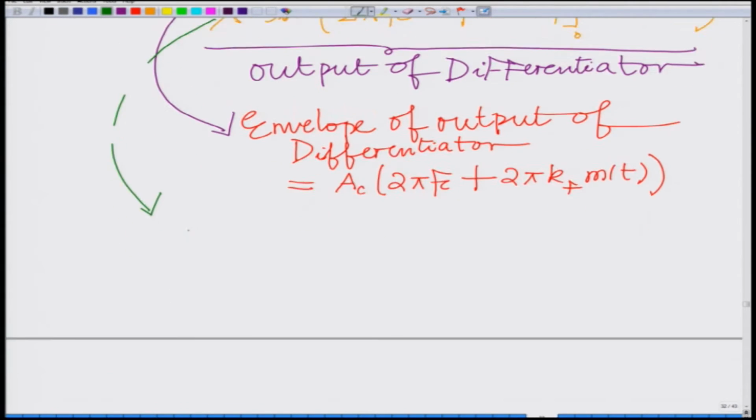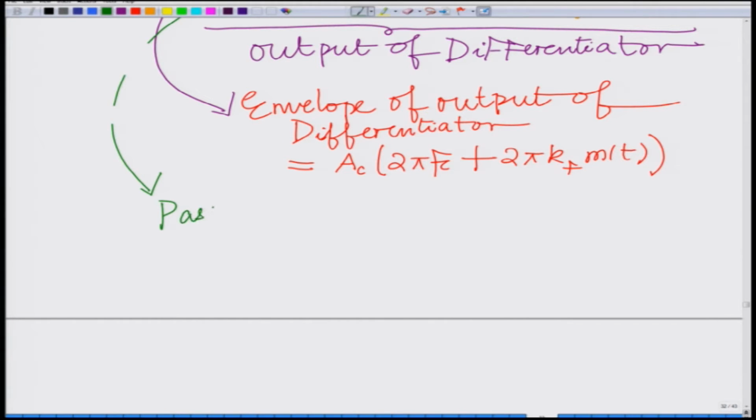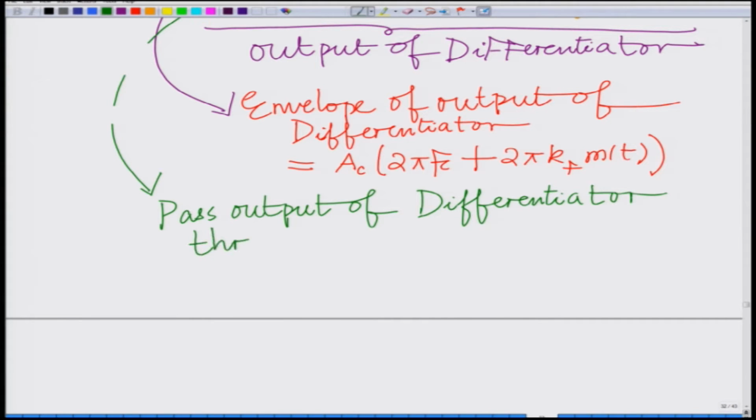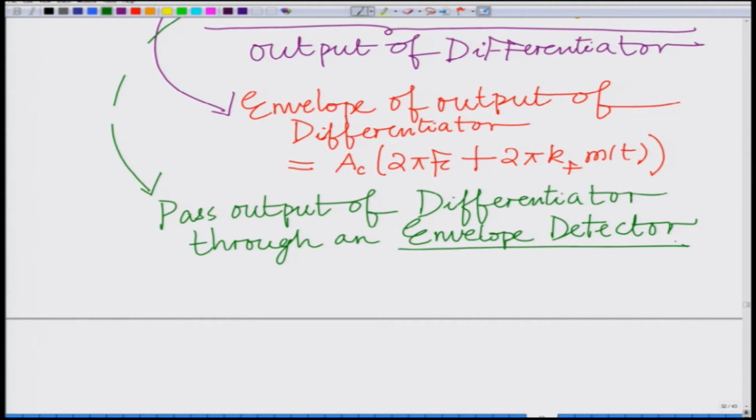So, pass the output of the differentiator through an envelope detector, correct, and the net output will give us the envelope, which is basically AC times 2 pi f c plus